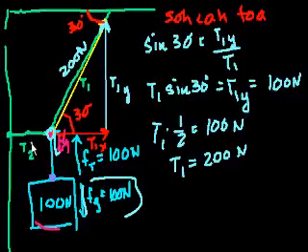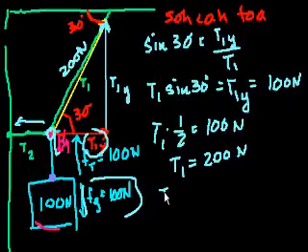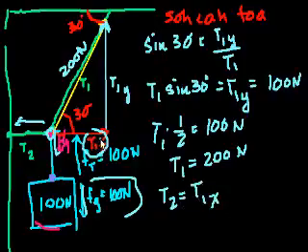So now we've got to figure out what the tension in this second wire is. And there's another clue here. This point isn't moving left or right. It's stationary. So whatever the tension in this wire is, it must be offset by a tension or some other force in the opposite direction. And that force in the opposite direction is the x component of the first wire's tension. So T2 is equal to the x component of the first wire's tension.